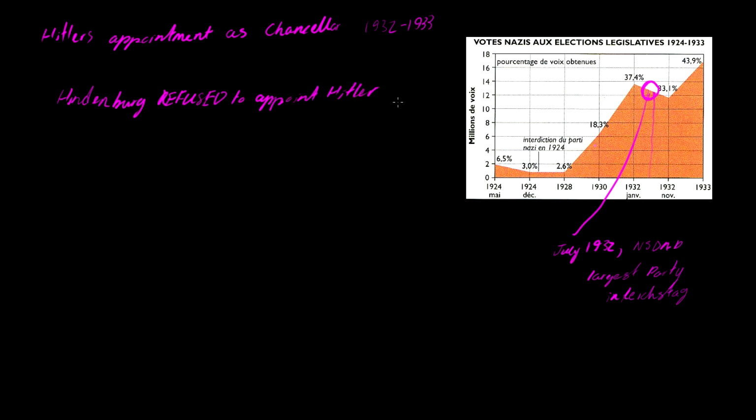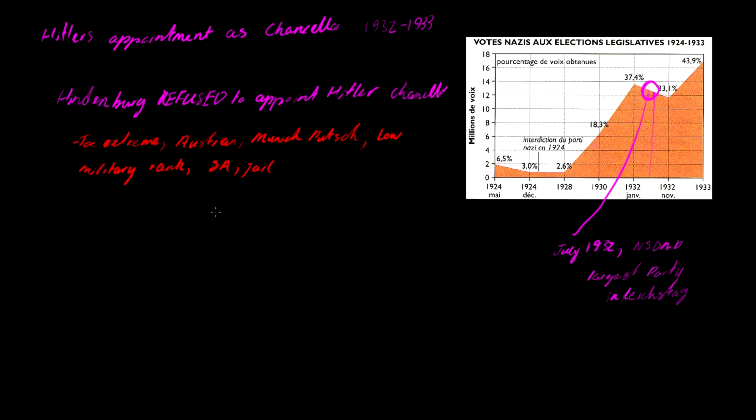He's allowed to do that. He's allowed to refuse a certain person. So Hindenburg refused to appoint Hitler chancellor. Why? Because he saw him as too extreme. Hitler was Austrian, and he didn't like that. He wasn't actually German. His Munich Putsch gave the Nazis a bad image. He had a low military rank. He was affiliated with the SA, which was seen as hostile and belligerent towards the people, and he'd also been to jail. And his party was also banned. So there are a lot of reasons why Hindenburg initially refused to appoint him as chancellor